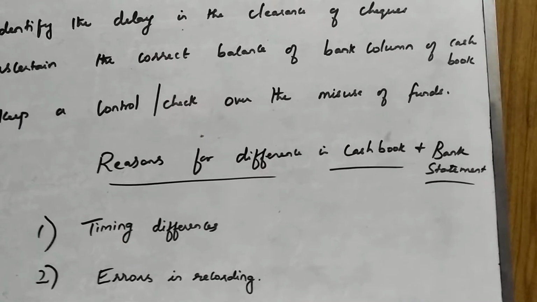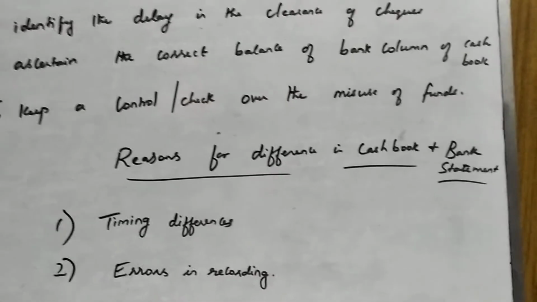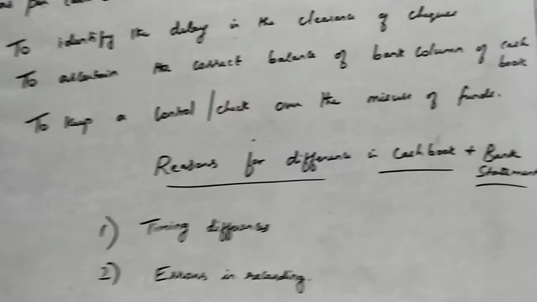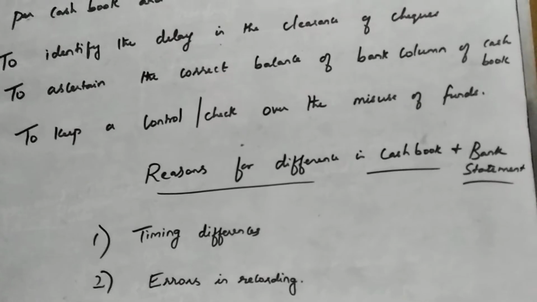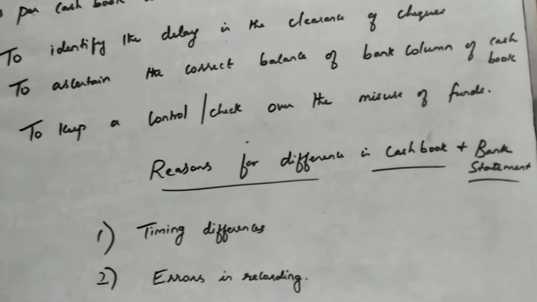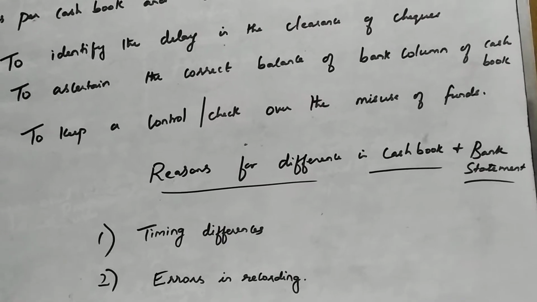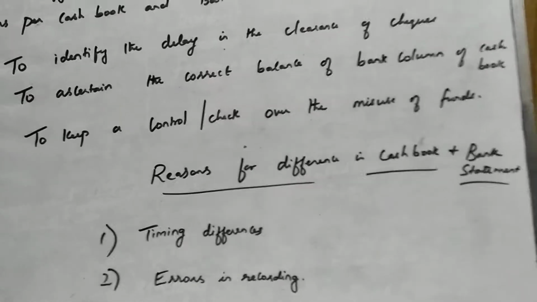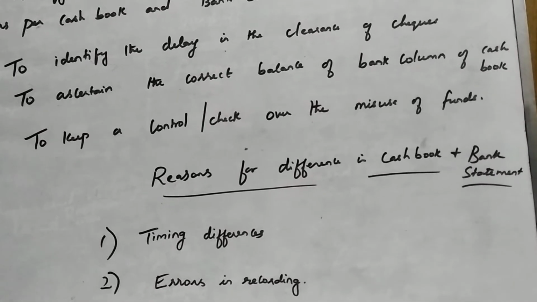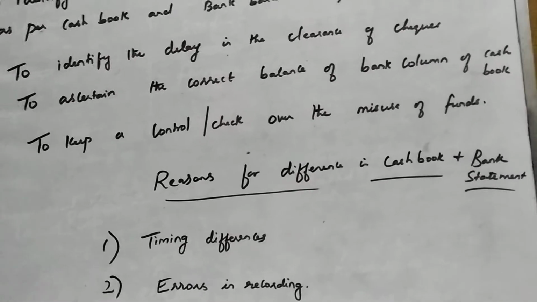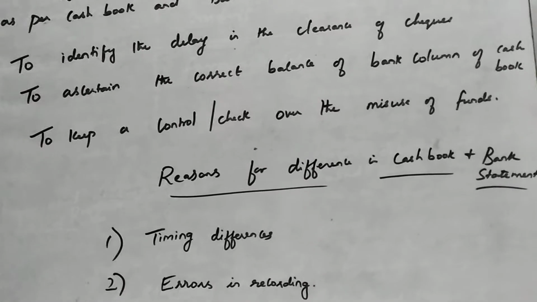Then bank charges, interest on loan and overdraft. See, the bank may charge you interest for the money borrowed from the bank, or in case of an overdraft facility which is being given to a current account holder. I have already discussed this during the contra entry, when we spoke about contra entry in the previous chapter. I told you what is meant by bank overdraft.